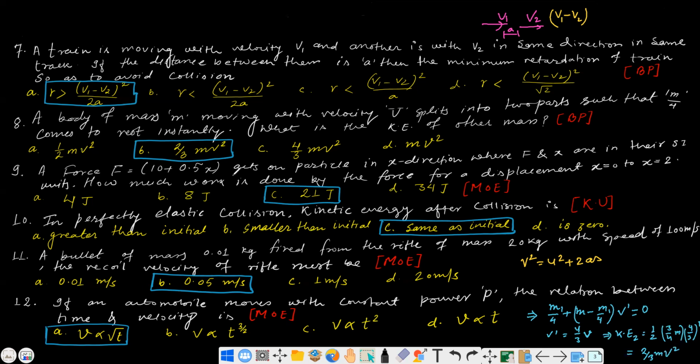So this is how we can easily get the value of 2/3 mv square. Okay, so let us move on to another question. Where it is asked about a force of this x on the particle in x direction, where f and x are in their SI units, how much work is done when the force displacement starts from 0